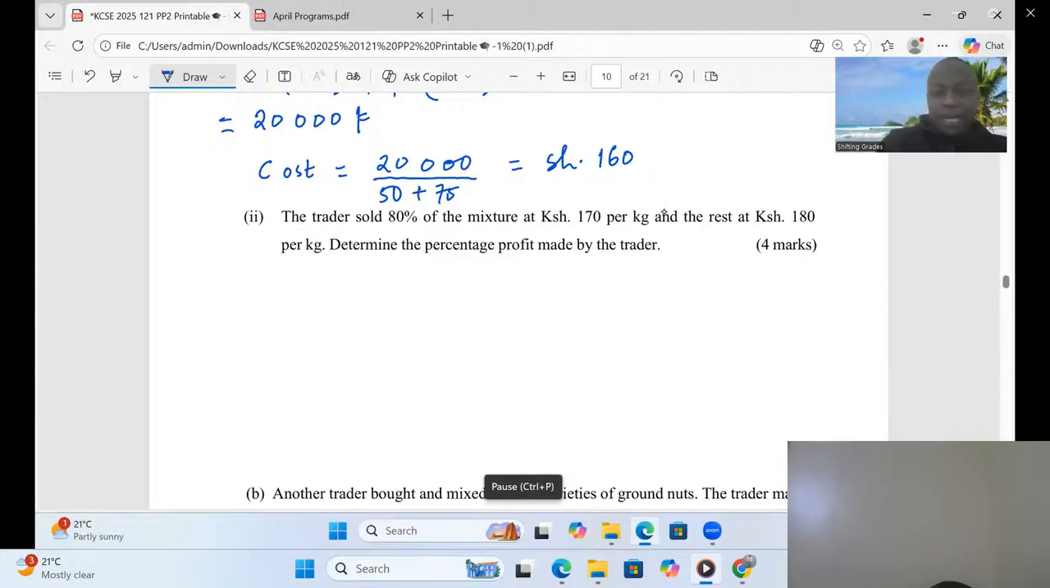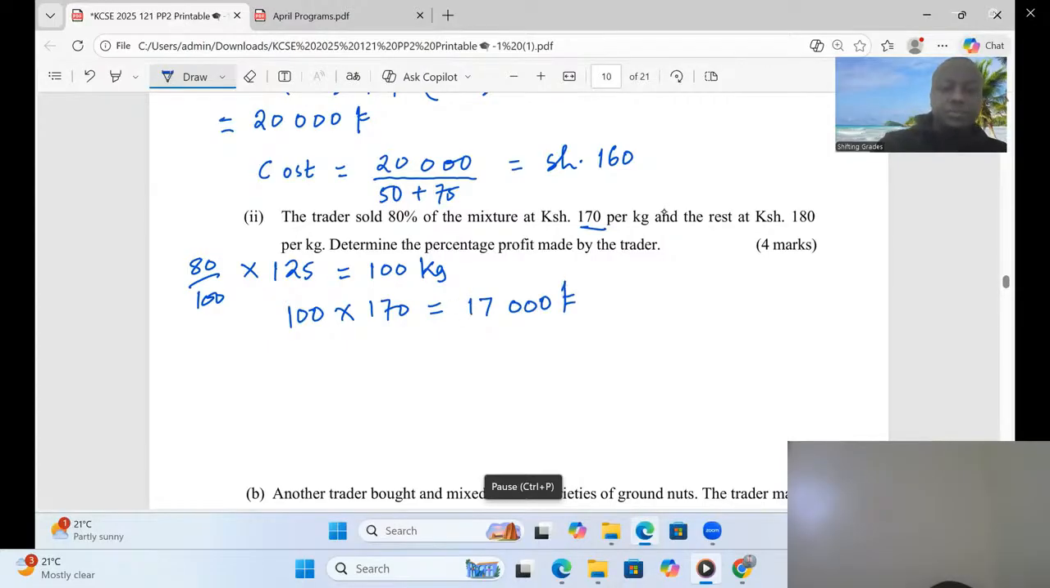Right, 80% of the mixture means 80% of the total kilograms. We had 50 and 75, which was 125 kilograms. So how many kilograms will be sold at 170? 80% of this is exactly 100 kilograms. So 100 kilograms are being sold at 170. How much was fetched from 100 multiplied by 170 each? This is